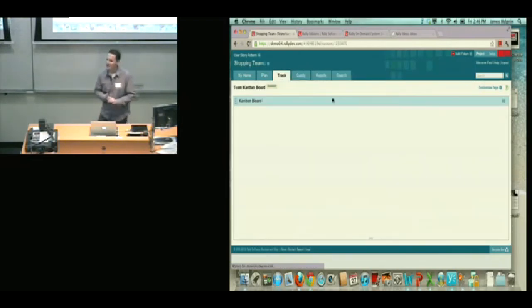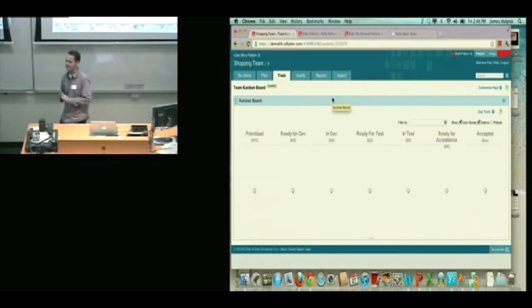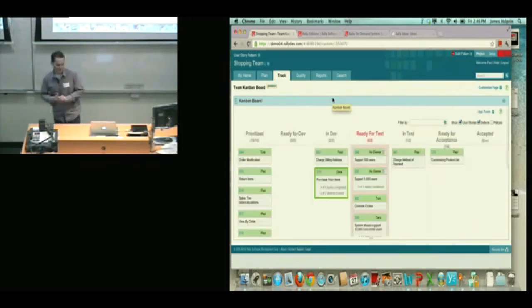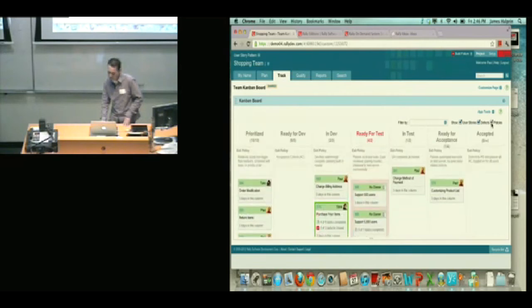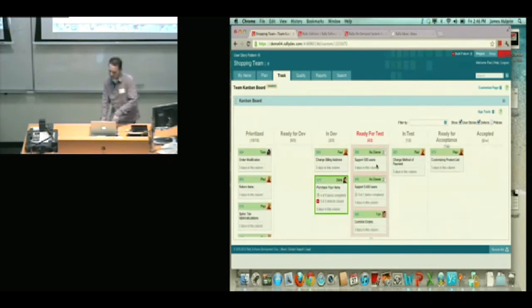Is anyone running Kanban at the moment? No? If you were, then you could attach the Kanban wall, which is very similar to the story wall, but it's got the extra bits of functionality that you would expect to see from a Kanban team. So you've got the ability to add your policies in the top. So in other words, the criteria that needs to be met before a card gets pulled from one state to the next. You can set your work in progress limits.